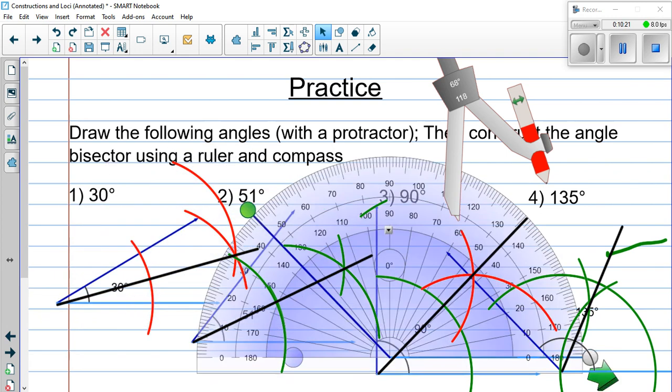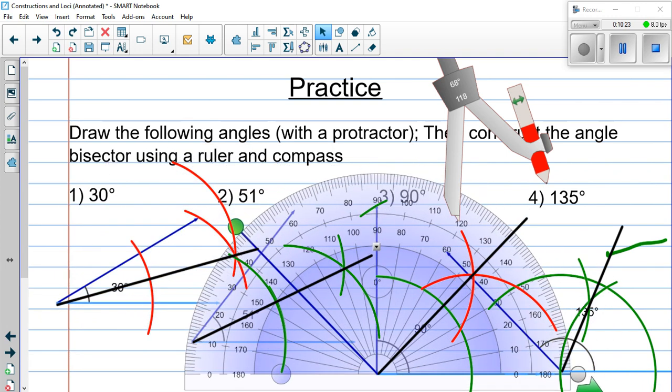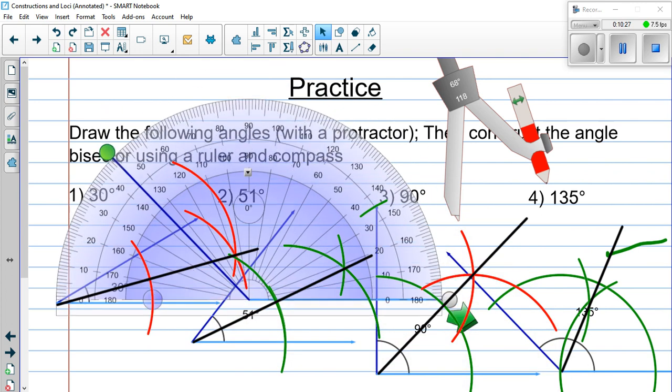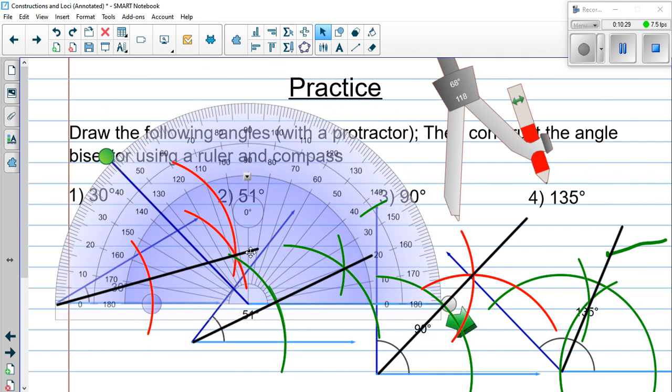You can keep going and check other angles if you want, or a 90-degree angle. Well, yeah, it's exactly at 45, and so on. So you can use your protractor to check, just don't use it to make your